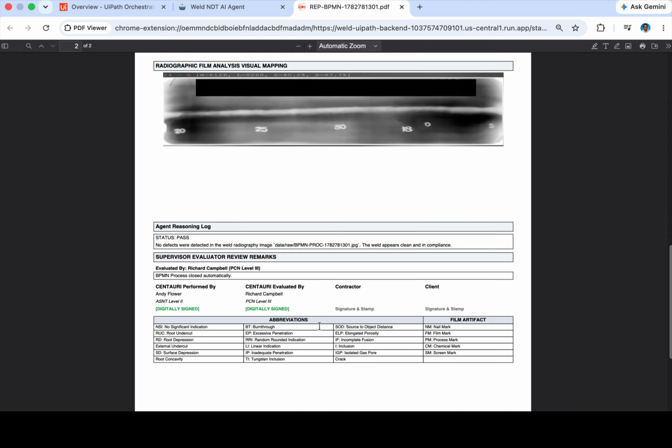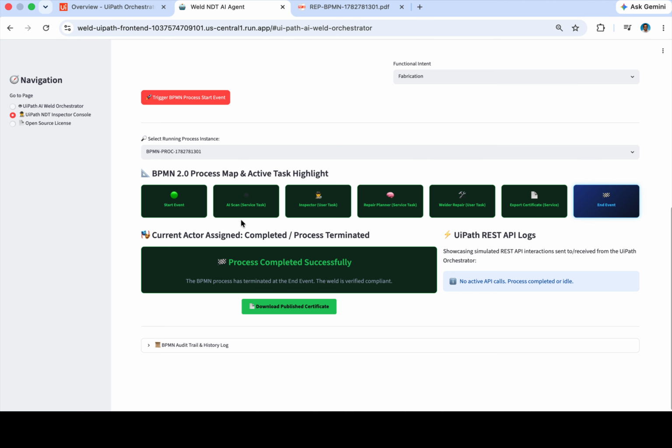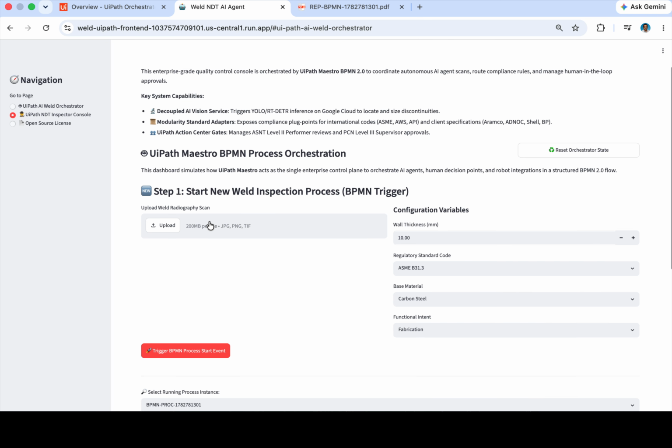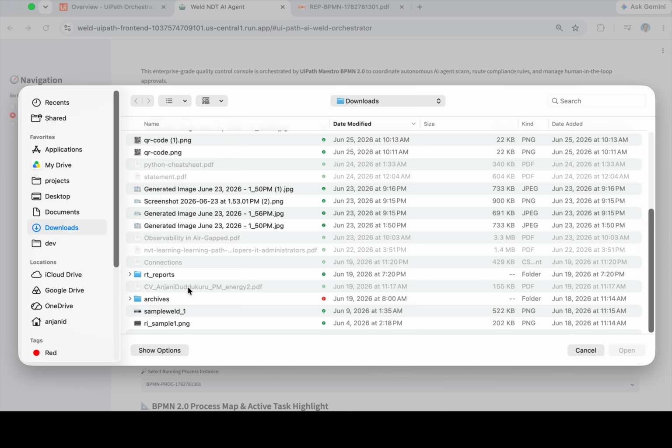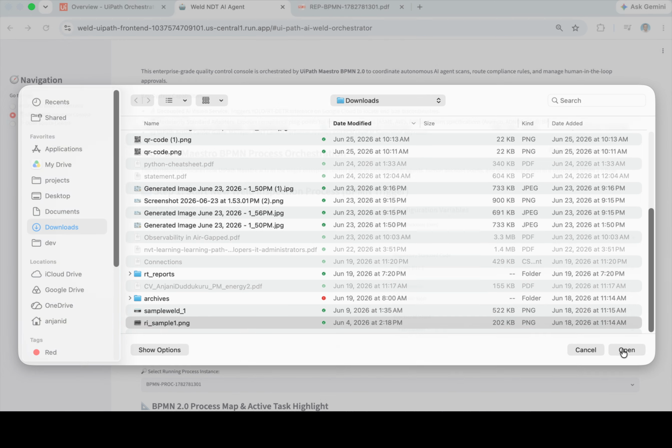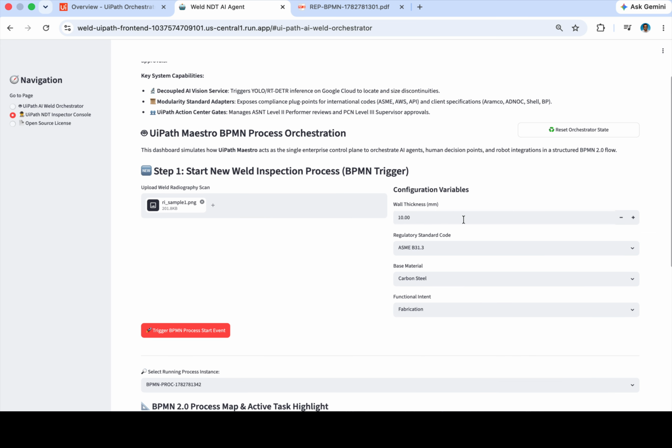It saves a lot of time for the inspectors, especially when you're offshore, in the middle of the sea. This is a great tool to use. Now let's upload another image, and as you can see on the right hand side here, there are various configuration variables,